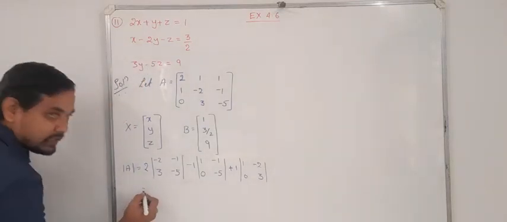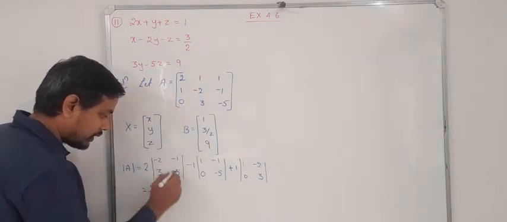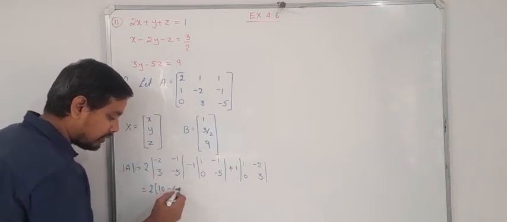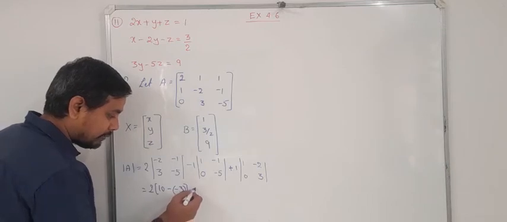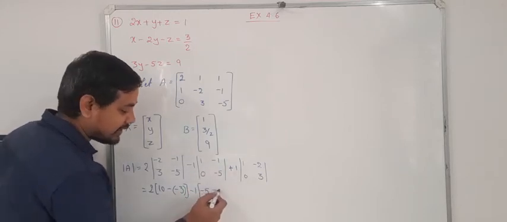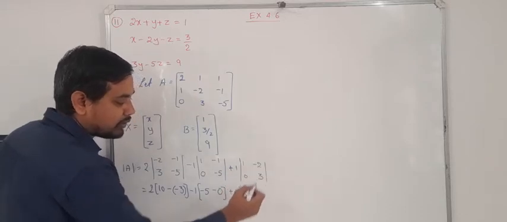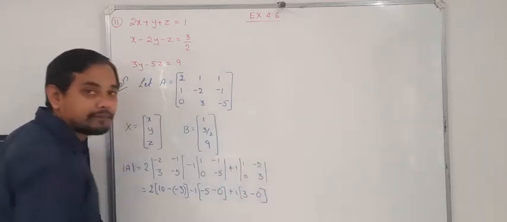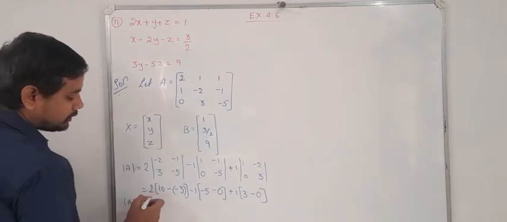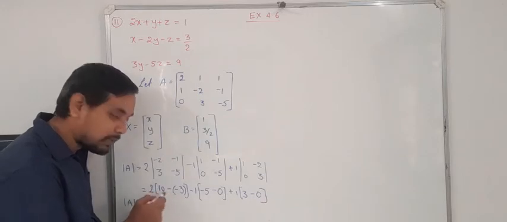So what do we get here? 2 into minus 2 into minus 5 plus 10, minus 3 into minus 1 minus 3, minus 1 into minus 5 minus 5, and 0 into anything is 0, plus 1 into 3 is 3, and as usual 0 into anything is 0. So this is how we get it. Then what will be determinant A? 10 minus of minus 3, that is 10 plus 3, which is 13. So the value inside the bracket becomes 13.